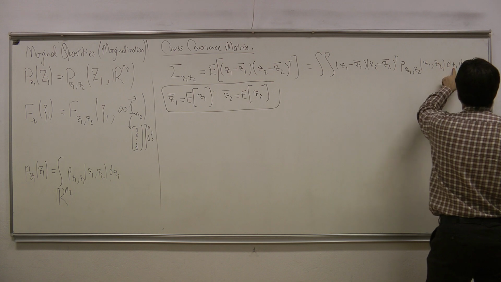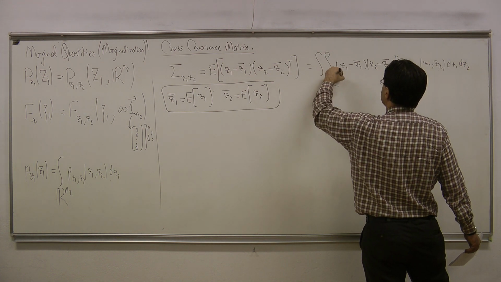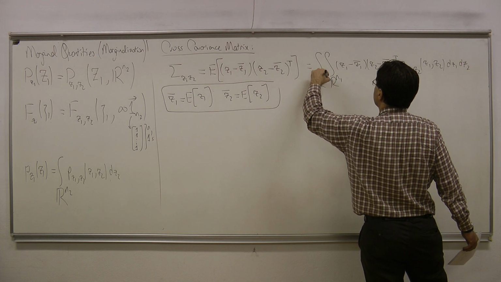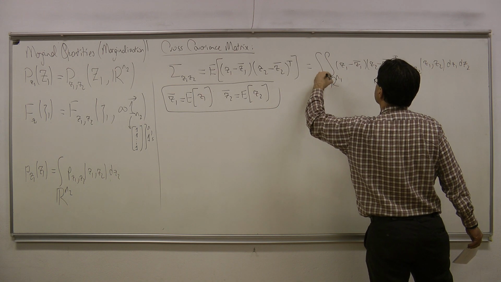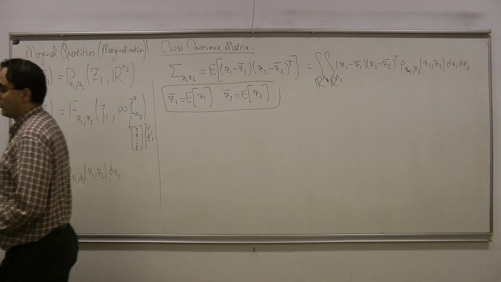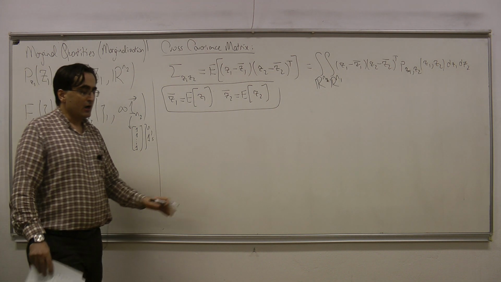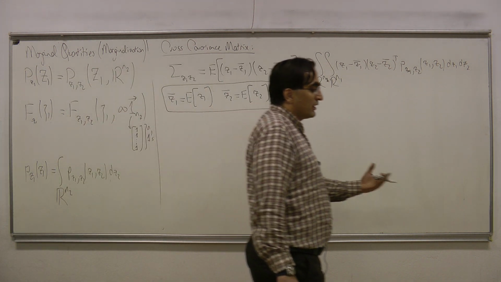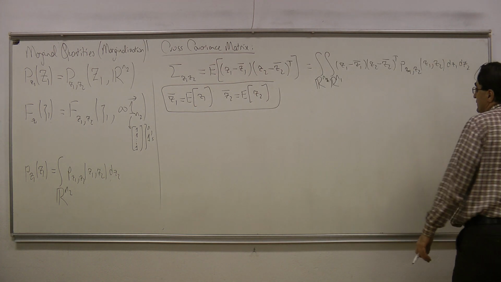The inner integral is with respect to Z1, so this is over Rn1, and this is over Rn2. All right? So I have the cross-covariance matrix, and based on it, I can actually define the concept of